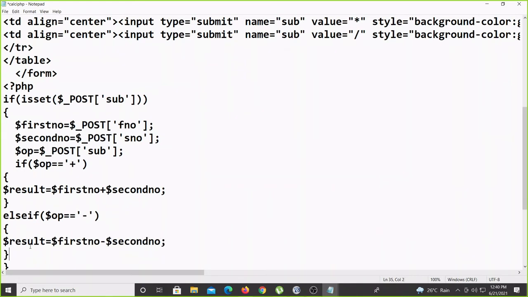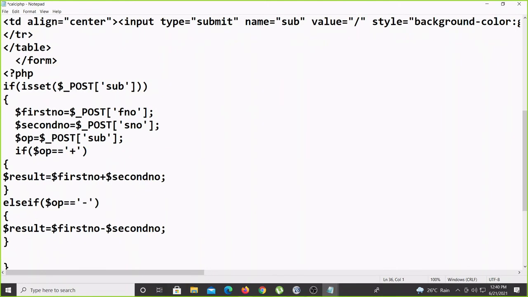Coming to the third part, else if $op equal to multiplication.